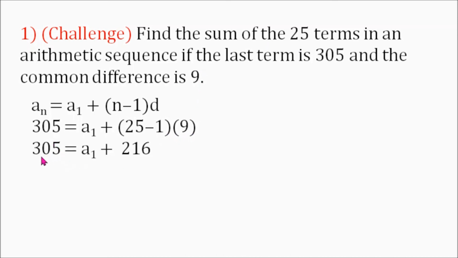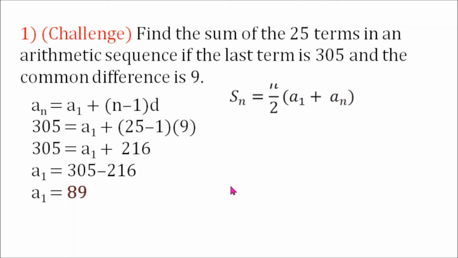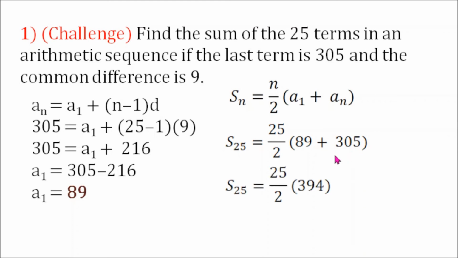So simplifying furthermore, we have 305 equals a sub 1 plus 216. It's because 25 minus 1 is 24 times 9 is 216. 305 minus 216, so we have a sub 1 is 89. So we can now use the formula s sub n equals n over 2 times the quantity a sub 1 plus a sub n. So substituting, we have 25 over 2 times the quantity 89 plus 305. And simplifying furthermore, we have 25 over 2 times 394. And our answer is